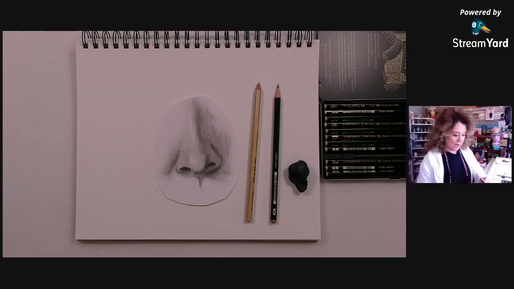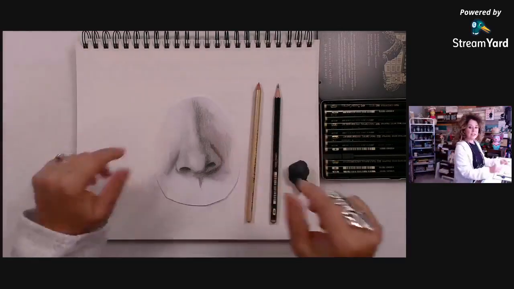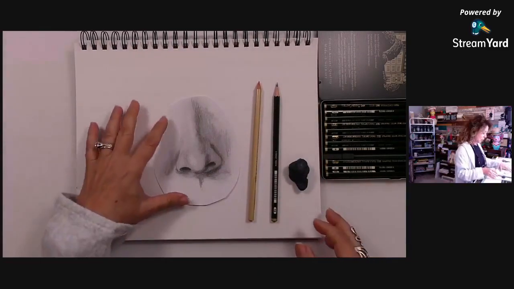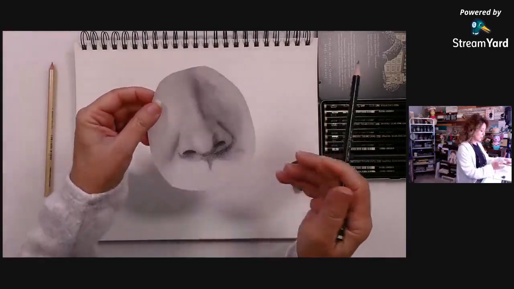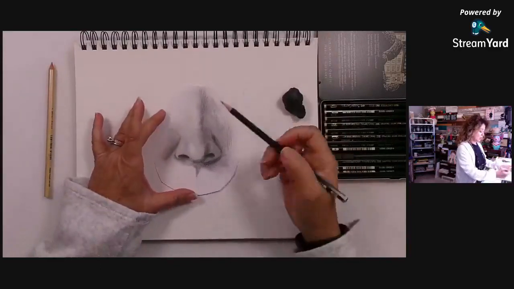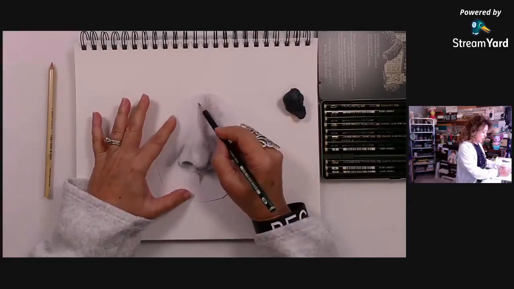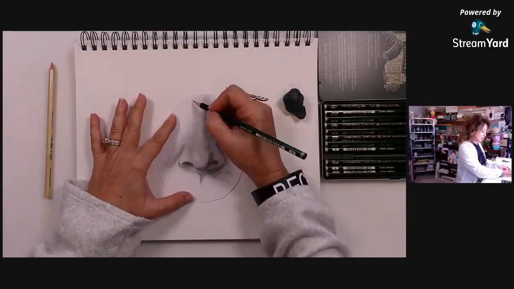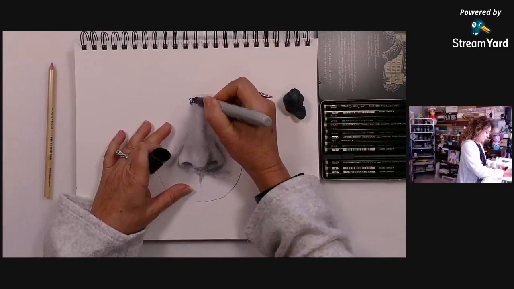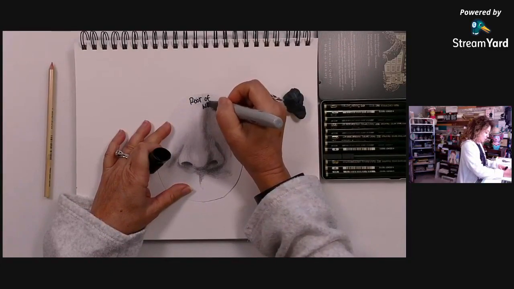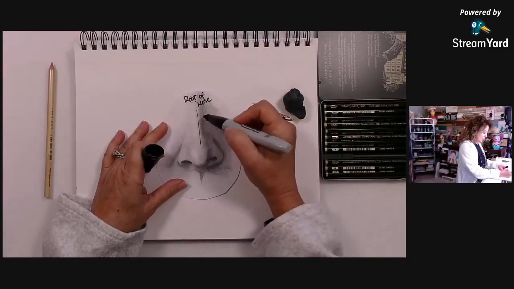I'm going to go over here to my sketchbook, and let's talk about the different parts of the nose. I did this little sketch of a nose last night, and I want to talk about the parts of the nose so that we know what we're talking about when we're drawing it, okay? So this right here, we usually call the bridge, but it's actually the root of the nose. Root of nose, okay? And then this part right here is the dorsum